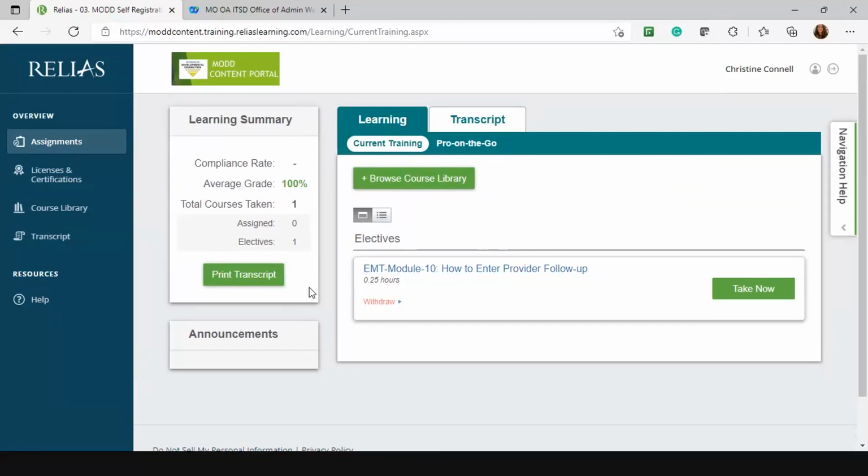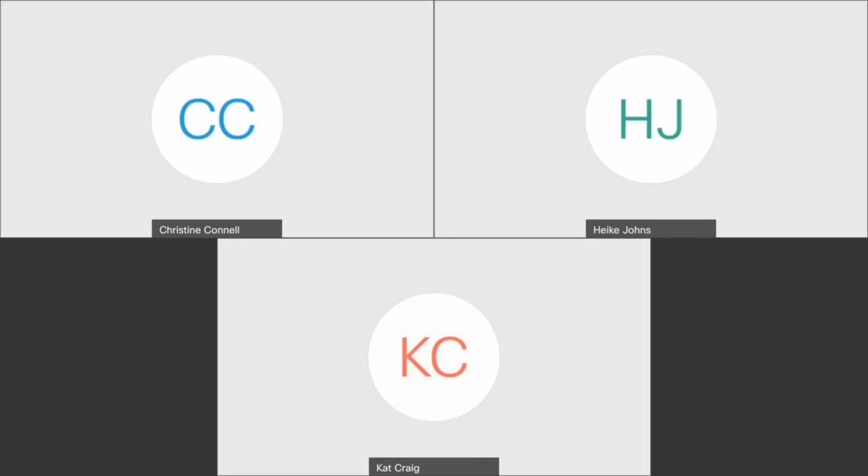But in general, that's kind of the overview of the dashboard. I assure you, once you get your account set up and take a course and enroll in it and pass the exam and get a certificate, you'll realize how self-explanatory it is. But I will take a minute now, I know that there have been questions popping up in the chat. I'm going to go ahead and look at the chat here so I can answer some of those questions for you. Hold them, Christine, if you want me to read them out. Oh, sure. Yeah, that would be great.